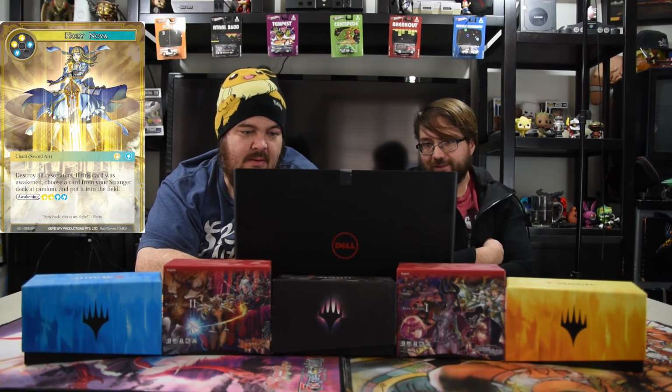Next up, Holy Nova. 2 white, 2 blue, sword art, destroy all resonators. If this card is awakened, choose a stranger at random and put it into the field. So you do that after you destroy all the resonators, but awakening is 2 white and 2 blue, so 8 and 8 mana. All the colors. I guess with the Regalia, you can make it simpler, it costs 6, but still,